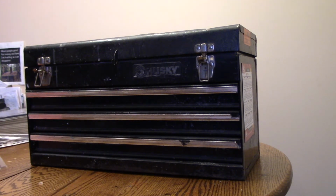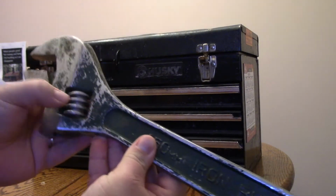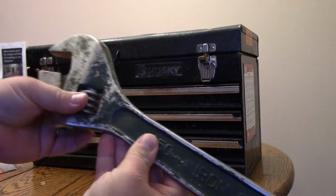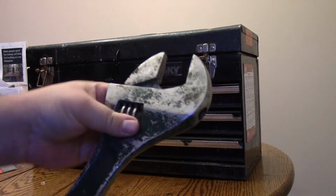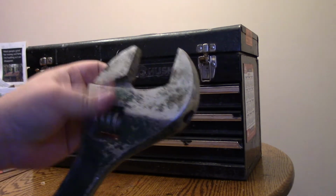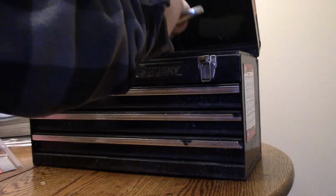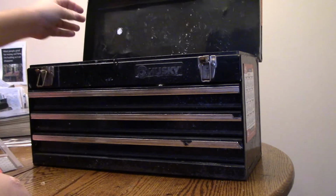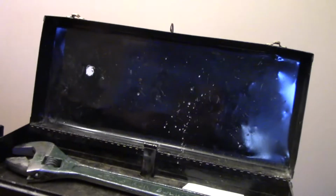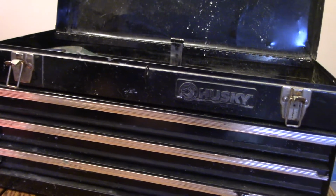And then another thing I'm going to put in here. I got this at a garage sale a long time ago. Big crescent wrench. This is good for taking the ball off the truck hitch, because I'm always doing that with travel trailers and that. So that's going to go up in the top here. That'll be its home. I'll probably put a monkey wrench in there as well. But yeah, $30, Husky